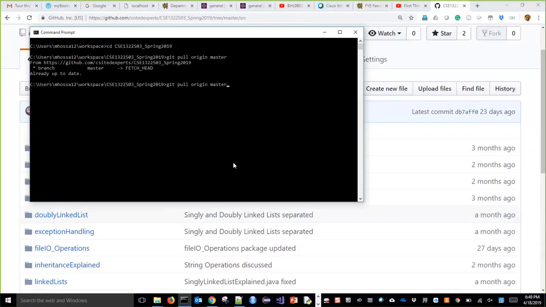Sometimes this command may not work, so then you will use git pull origin master with -f. You will force it. Maybe sometimes you may have some changes in your local repository, local project, but you don't have permission to push it, so you need to trash it. Otherwise you can use -f. That means you will force it.